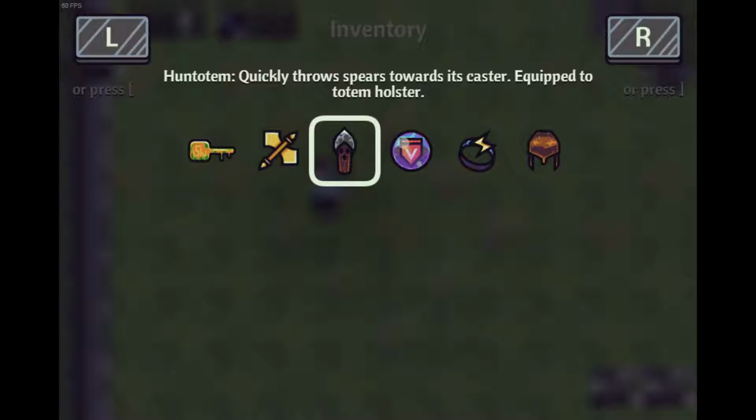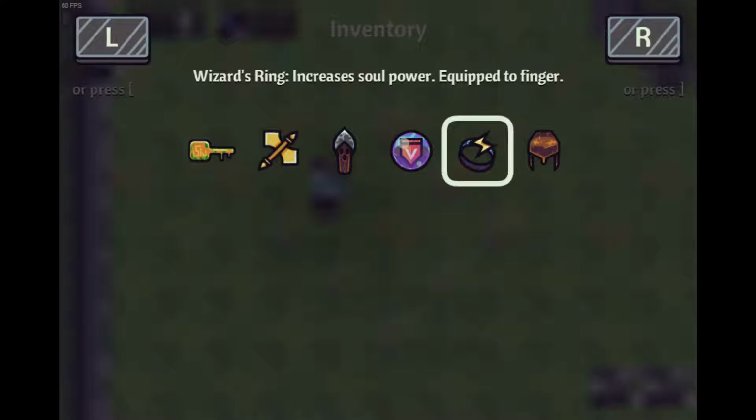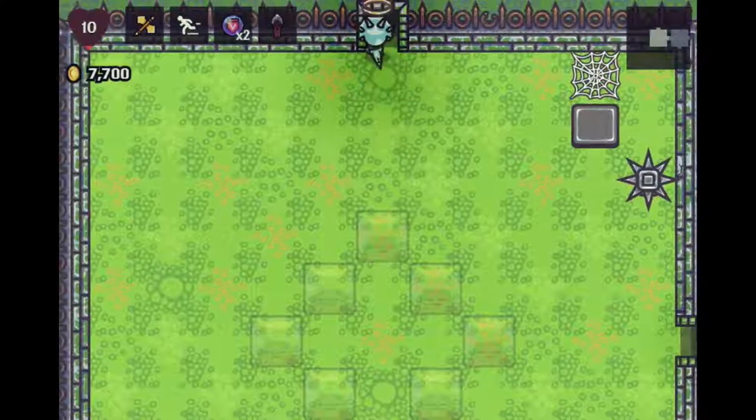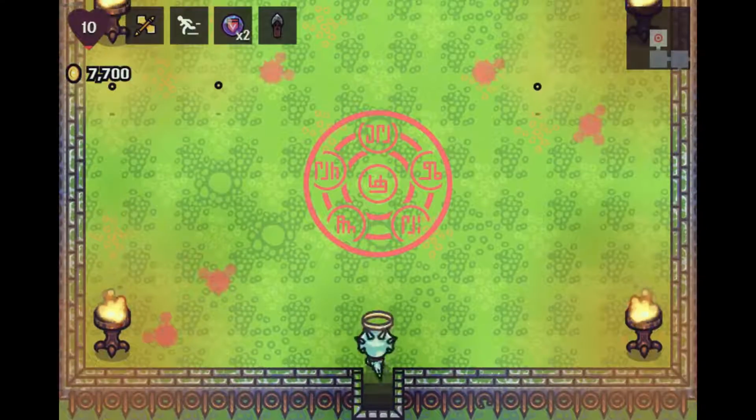Quickly throws spears towards its caster. Equipped a totem. Oh. So I guess that just fires at me, so I'm probably supposed to put that down and then get on the other side of monsters so that it pew-pews them. Increase soul power. That just makes your blast do more damage. Decreases soul power. Okay. So I guess they probably cancelled each other out, but I got more health out of the deal, so...